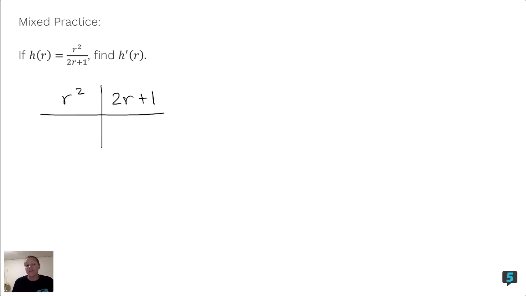But don't let that scare you or freak you out. In terms of drawing your boxes, when I set it up, you just might need to draw some bigger or longer boxes to fit it all in there. But I find that drawing the boxes, when you use the product rule and quotient rule, really helps you keep your information organized. Because if you have polynomials with like 6 terms in them, it can be real easy